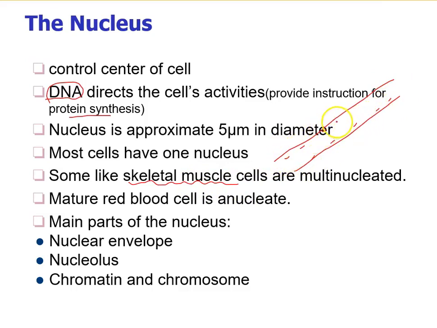And also there is a cell in our body which does not have any nuclei. It's the mature red blood cell. A mature red blood cell is anucleated, which means it does not have a nucleus. The "a" means no. The nucleus has three main parts: the nuclear envelope, the nucleolus, and the genetic material, which is chromatin